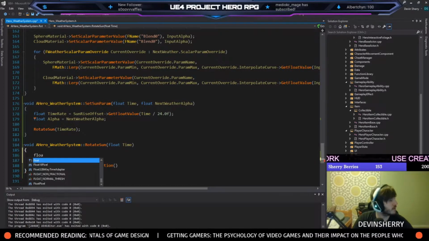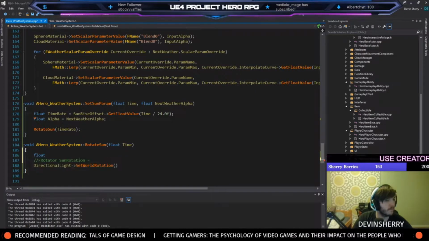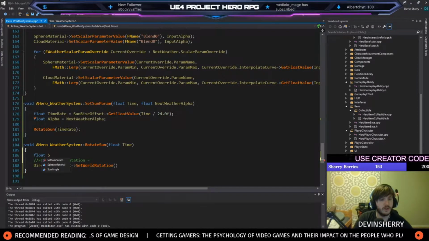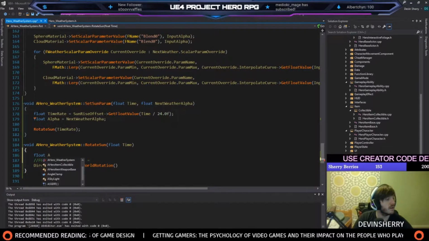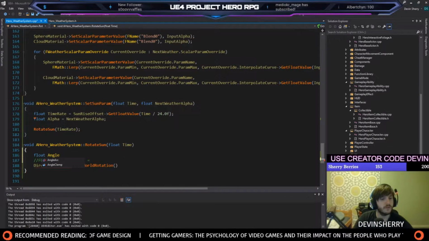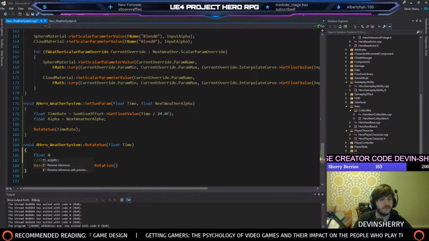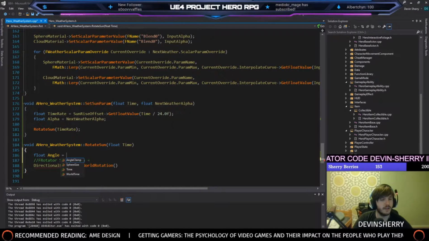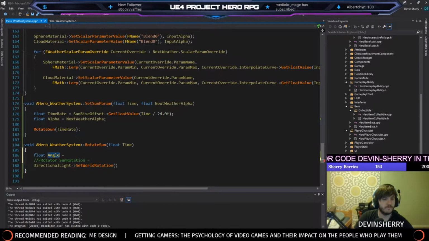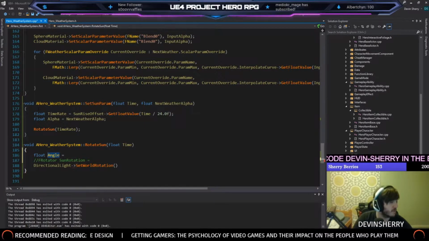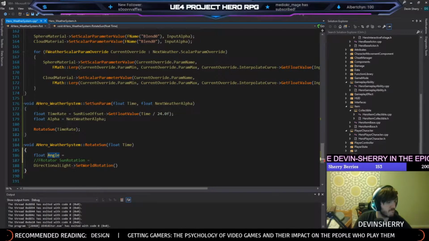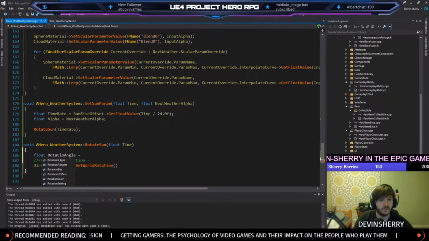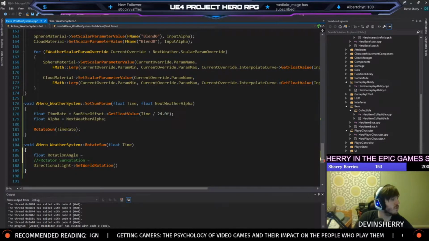So let's make a float angle. I will say sun angle. No, that's already a thing. Float angle. Alright, so it looks like angle's already taken as a name. Okay, we'll say rotation angle equals